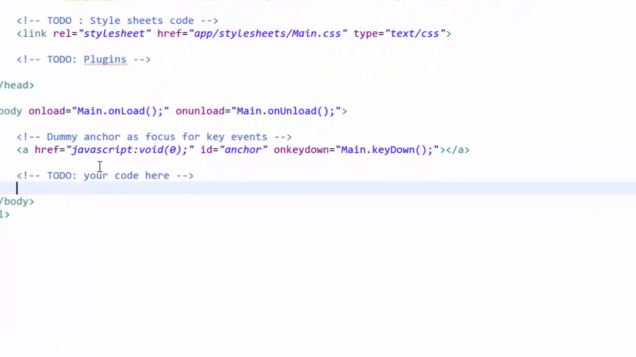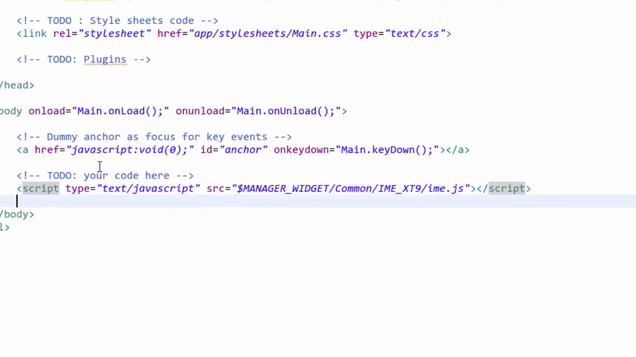So script type equal to text JavaScript, and src will be manager widget common IME xt9 IME.js. So I have included the core plugin here, and now I need to add one more, that is text